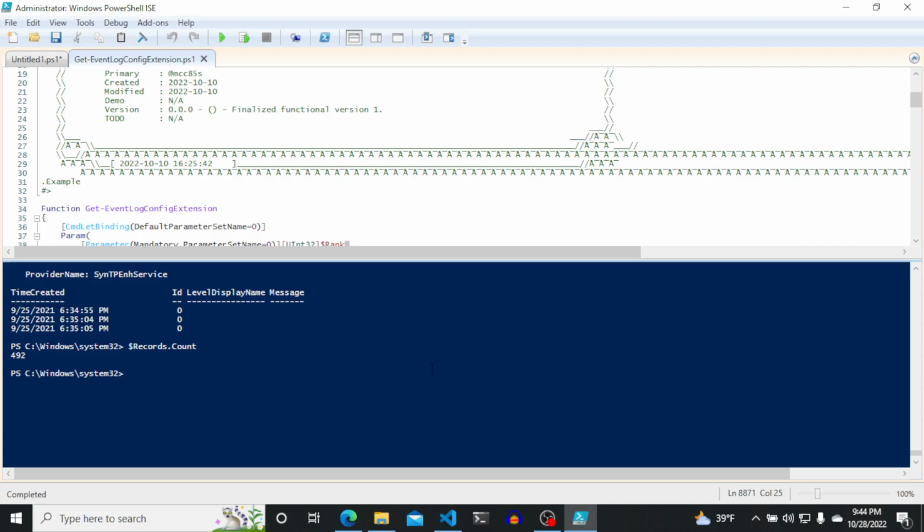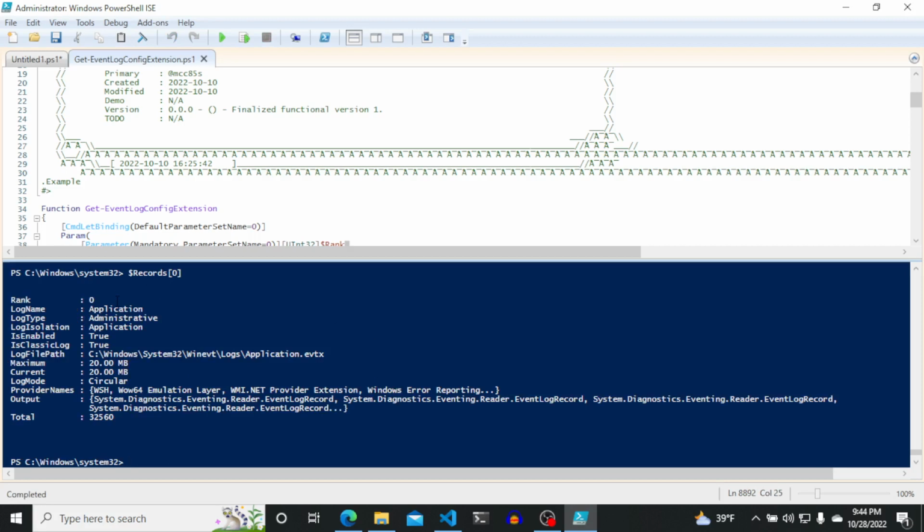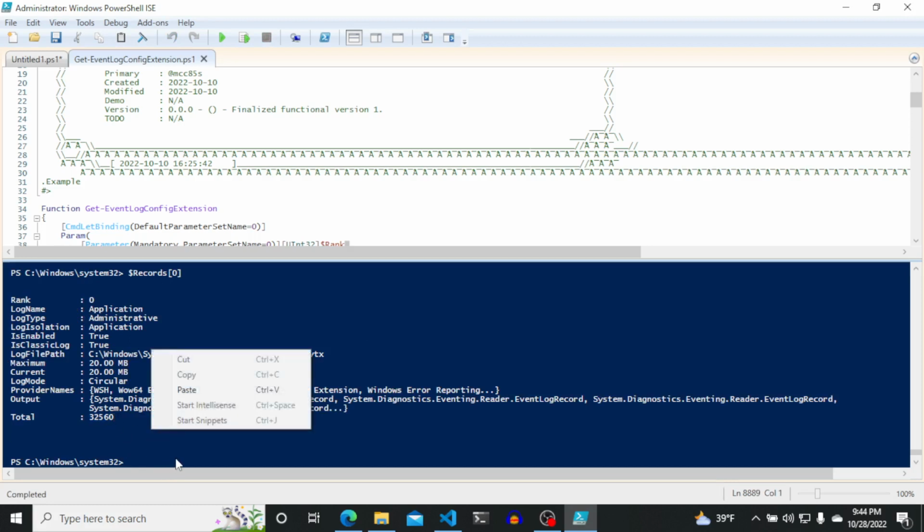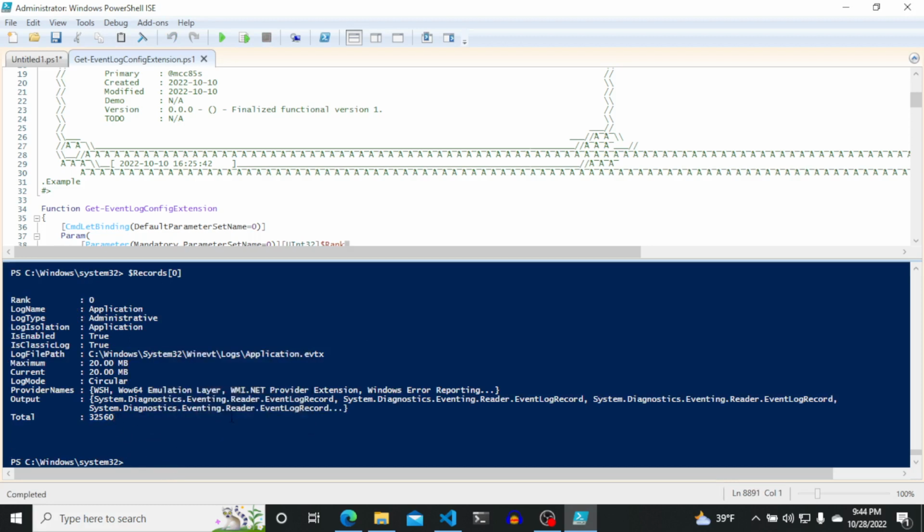Now, the truth is that not every single event log or config file is going to take that long because they don't have any entries. But that one was the application one. Yeah, so there's a lot of events in that. See how there's 32,560 events. And this system has over 400,000 on it right now, which